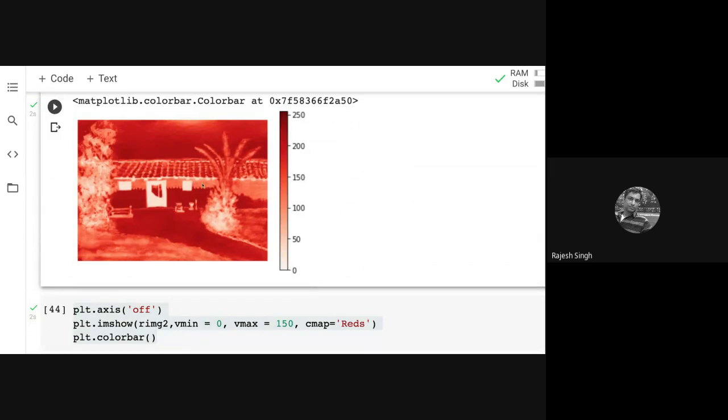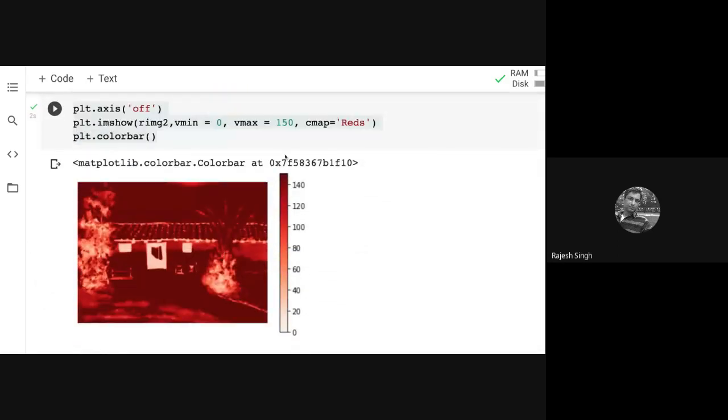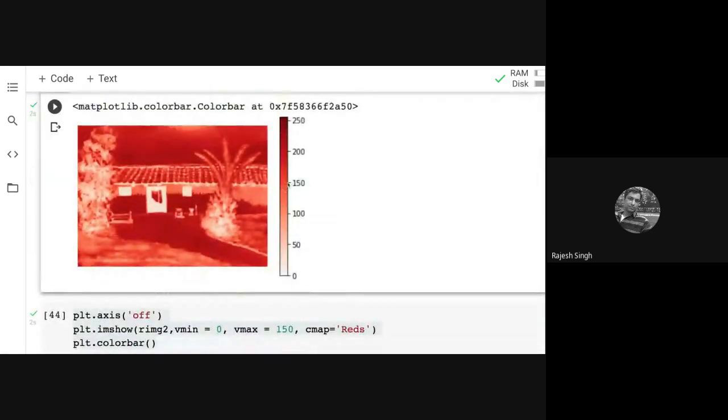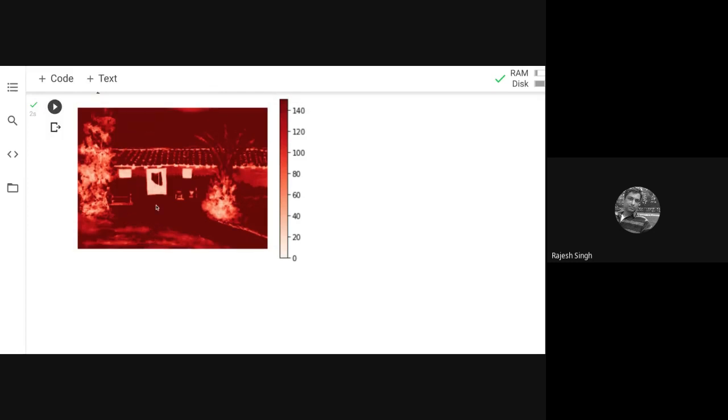Very few are very saturated red. This, somewhere here, that's it. Now this is 150. So anything which is at this level, for example, few things are here and few things are here, they are all pushed to deep red. Okay. So now you are manipulating the range.